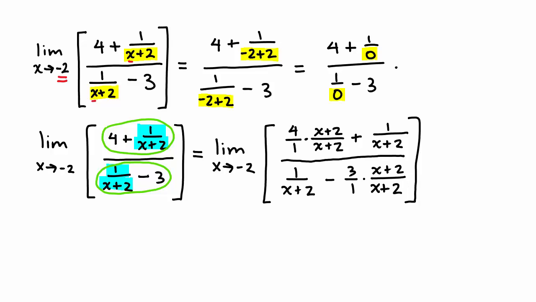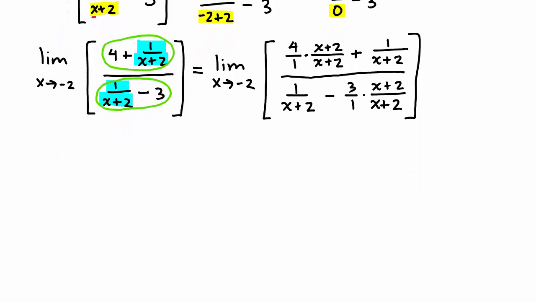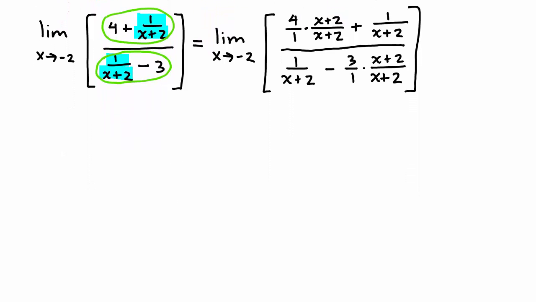So now we've set up a situation where we're going to create common denominators, and now I just need to clean up what I did so I can see what's happening here. All right, so what do I have? Well, you have to be careful because this 4 is going to distribute. When I multiply it, I'm going to distribute it to both the x and the 2. So I'm going to end up with